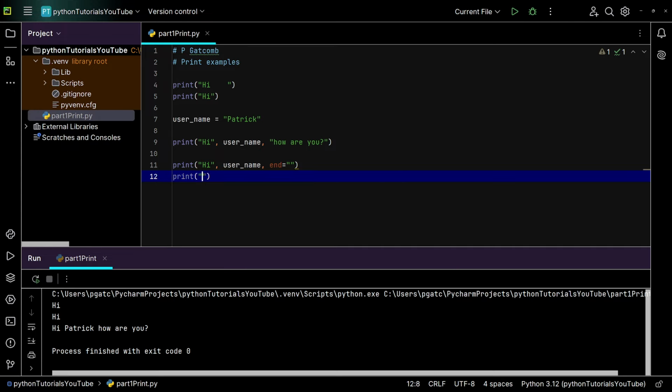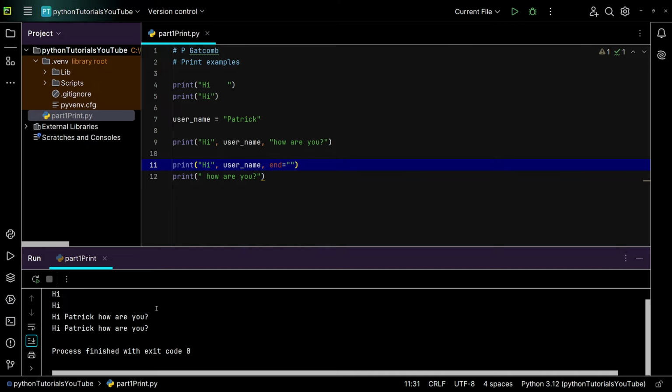So if I come over here and say, how are you? If I were to go ahead and run the code this time, what you'll see here is "hi Patrick, how are you?" printed on the same line, because we told line 11 here to go ahead and stop with basically a blank space rather than continuing onto a new line. Now, of course, if I were to do something really silly, and let's say put a smiley face here, I don't know why you would, and run that now, what you'll observe is "hi, Patrick, smile, how are you?" And the reason it's doing that is because we told it to end the line in a smiley face